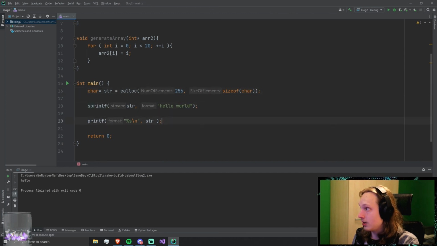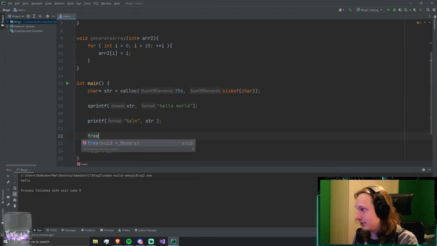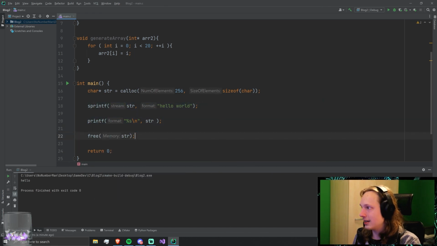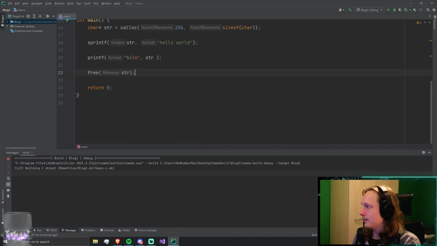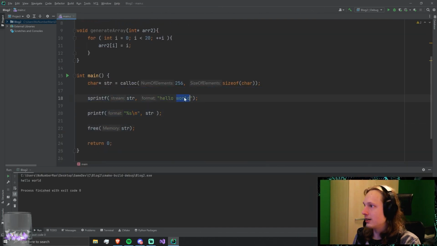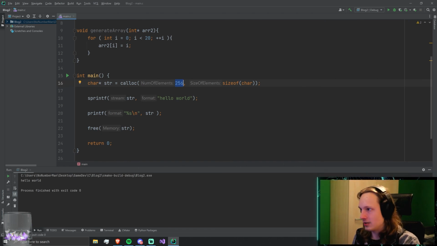And this will also work, just don't forget to call free. You know, that is something that you have to think about. Don't forget to call free. And hello world, that works also fine. But then in here you can put in a dynamic variable, right? So size of whatever hello world will be, so we can make that a bit shorter or a bit longer.